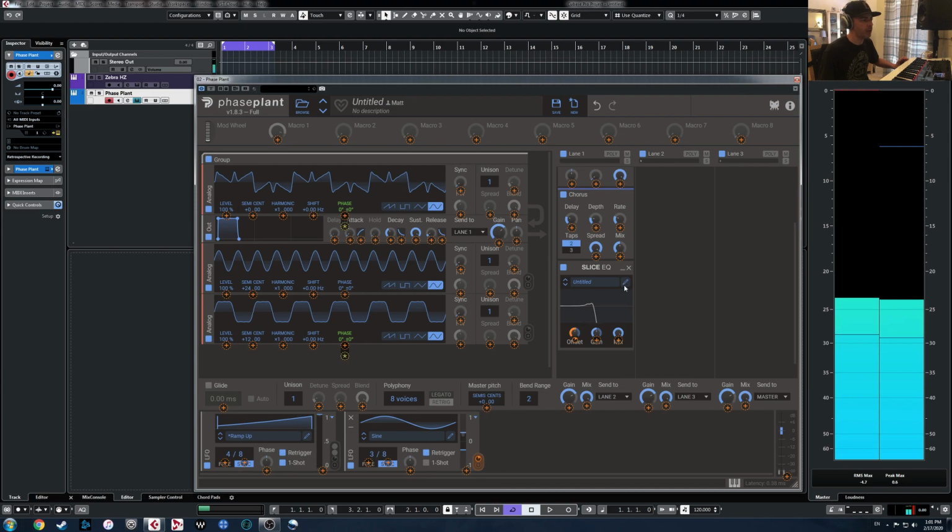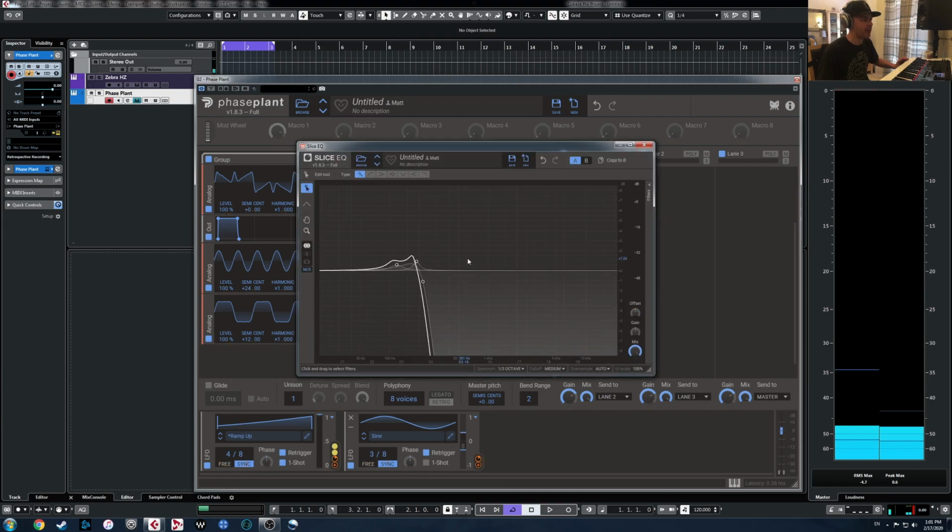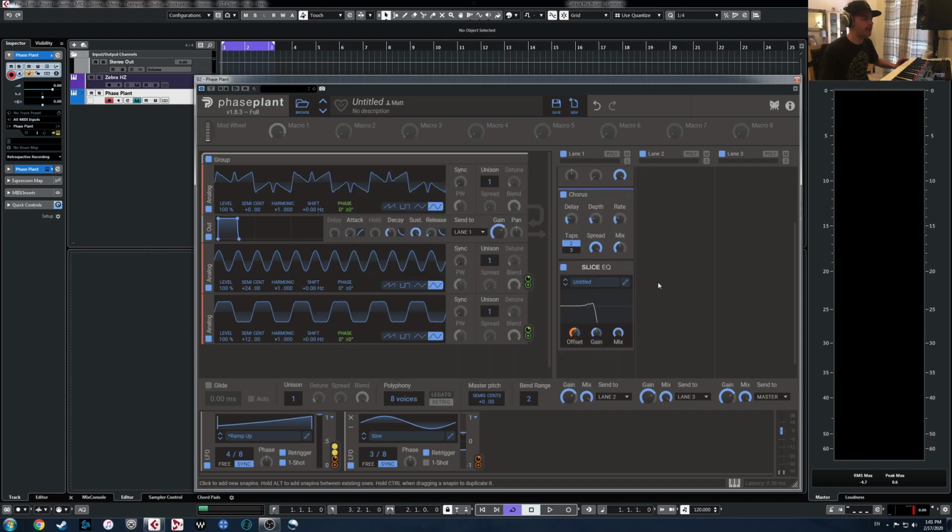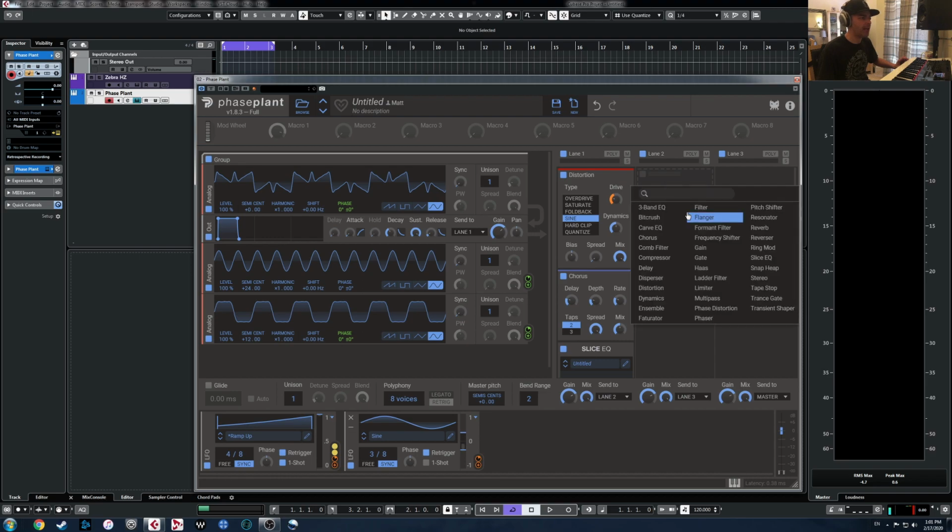So that's really cool. And just having a full parametric EQ within a synth this capable is kind of new. Most synths will have maybe a 4-band EQ with a couple of shelves and a couple of peaks to play with, but having an EQ this capable within a synth is kind of a game changer. And speaking of game changers, one thing that is really cool since the recent update is, again, you'll need the